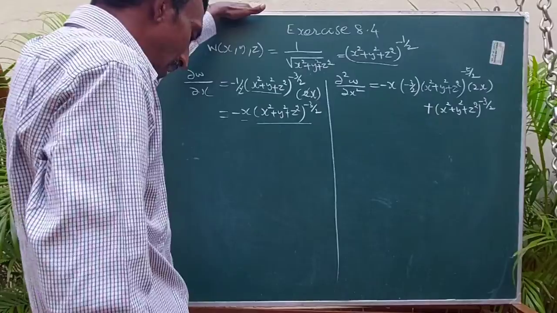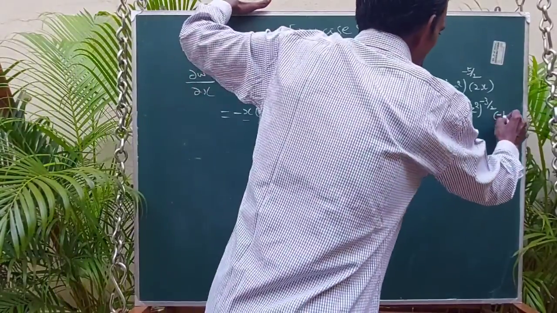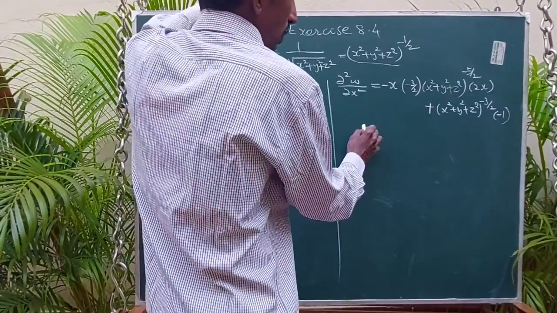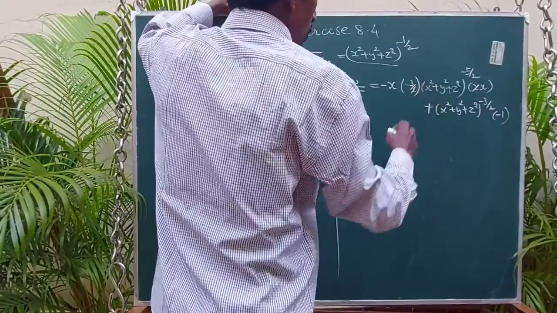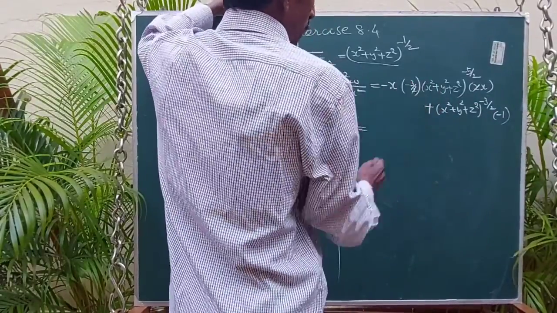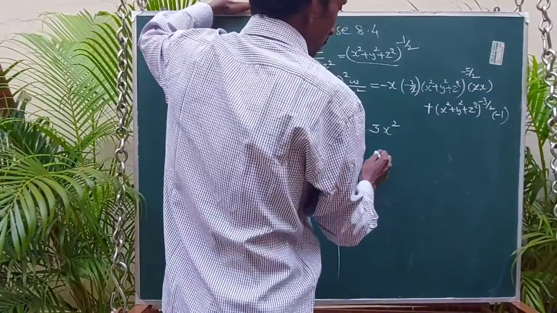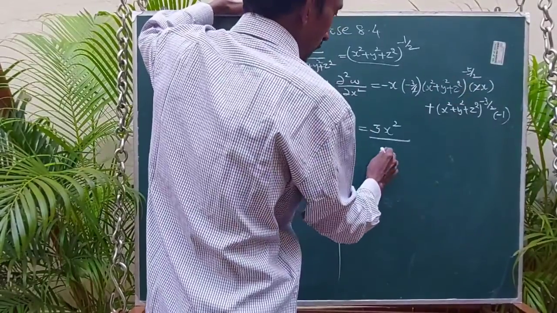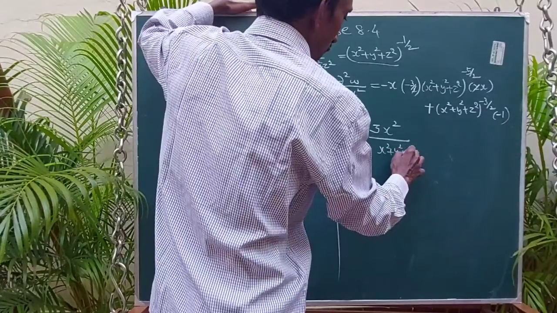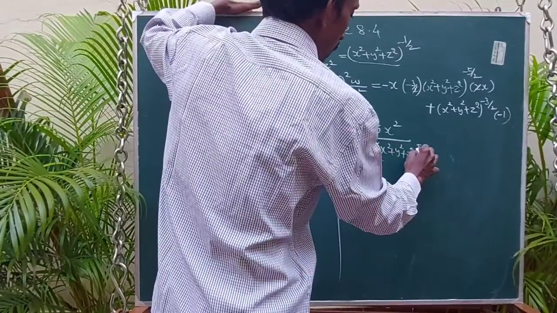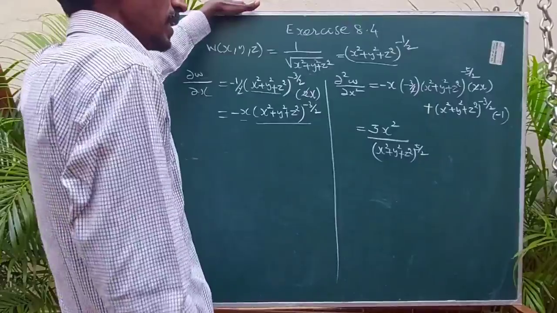Differentiation of minus x, that is minus 1. So again this 2 cancels. Minus into minus becomes plus 3x into x square. If we move this to the denominator, it becomes plus x square plus y square plus z square the whole power 5 by 2. Okay, and